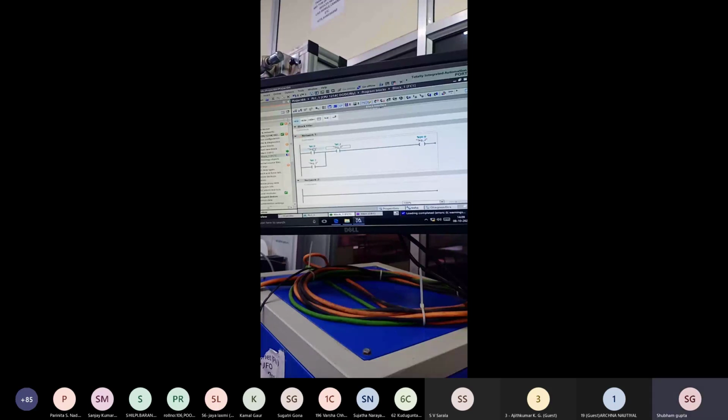In that parallel condition, switch S3 is connected in series. Let's download it and check the output.